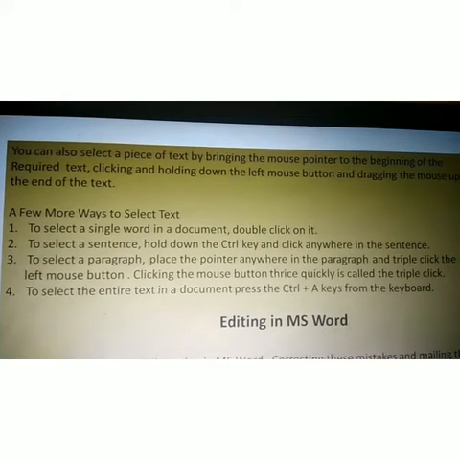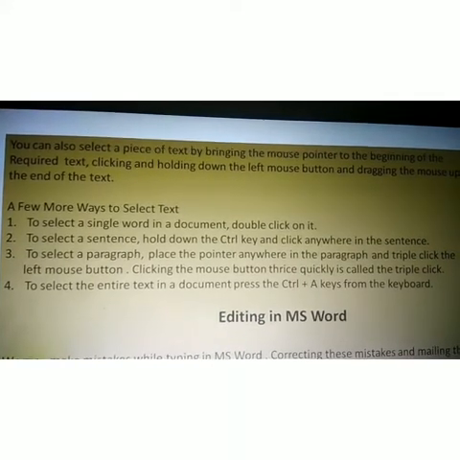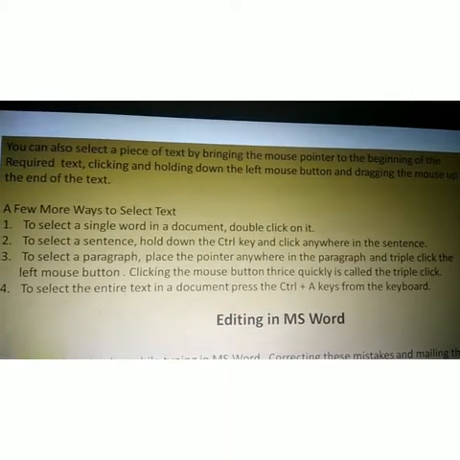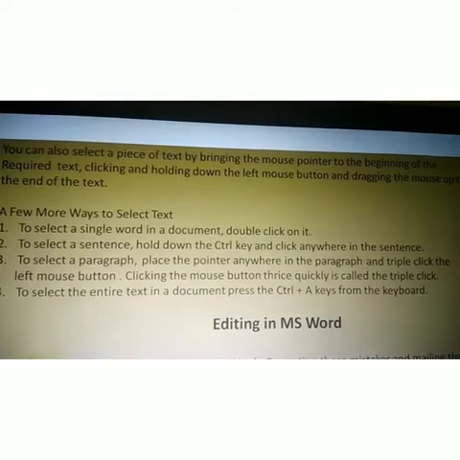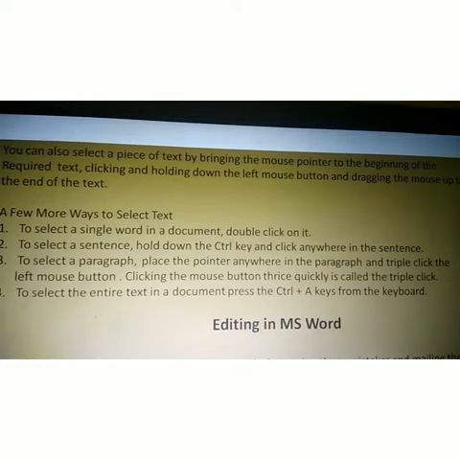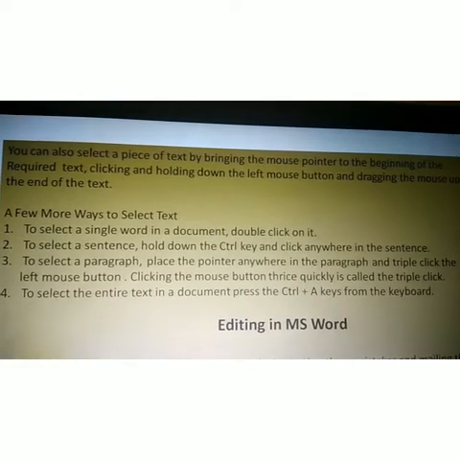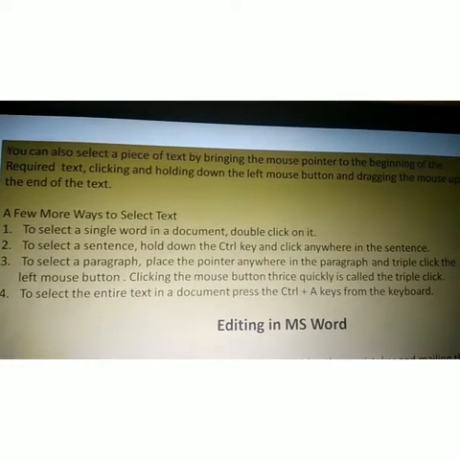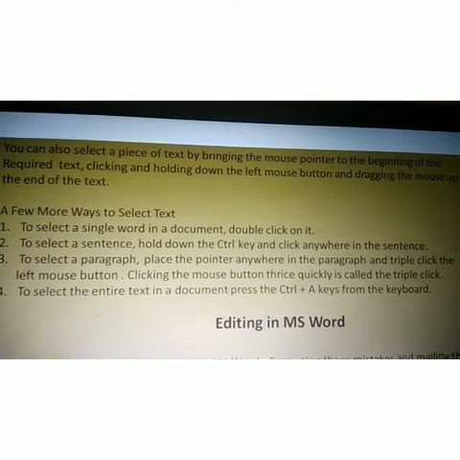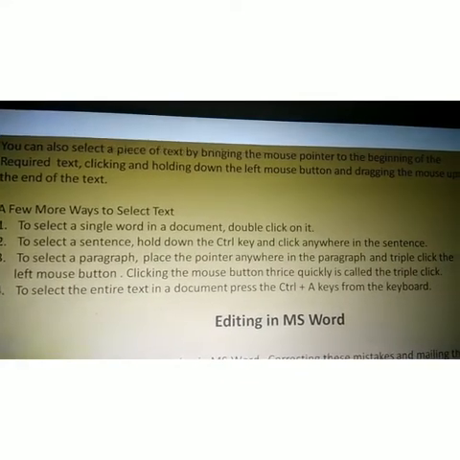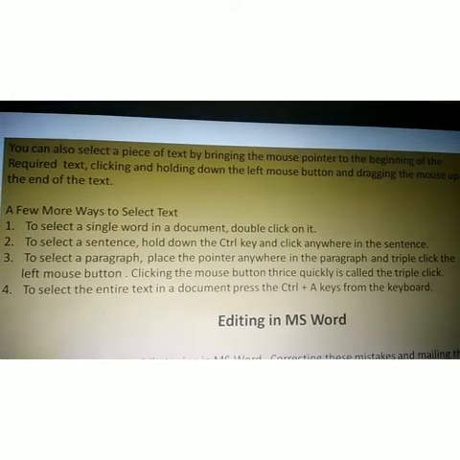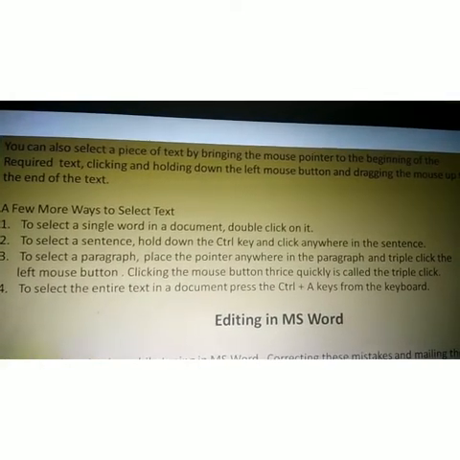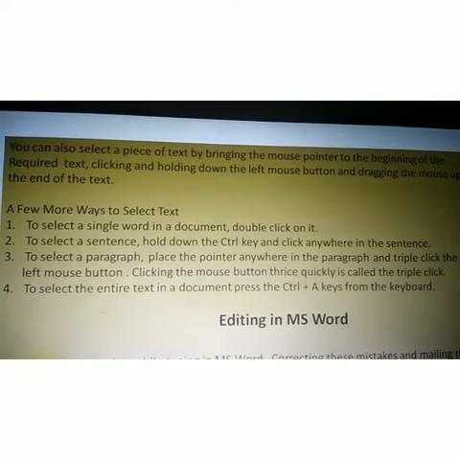To select a single word in a document, double click on it. Then to select a sentence, hold down the Control key and click anywhere in the sentence. To select a paragraph, place the pointer anywhere in the paragraph and triple click the left mouse button.